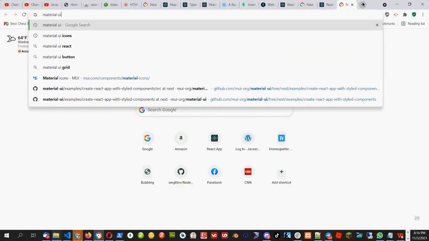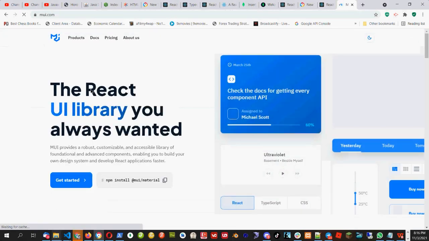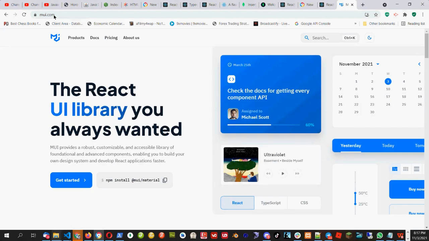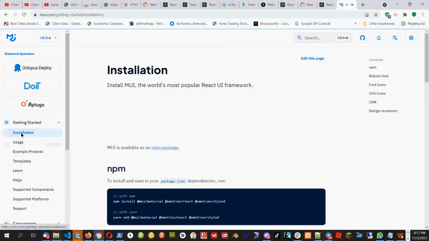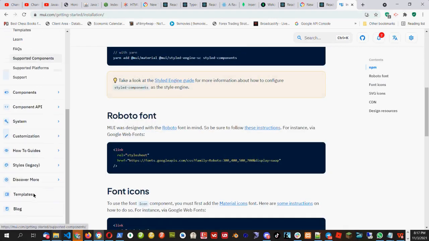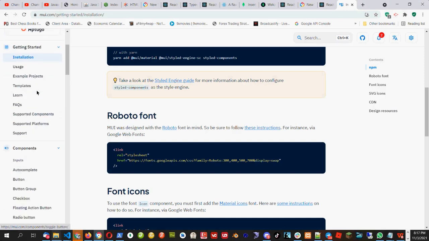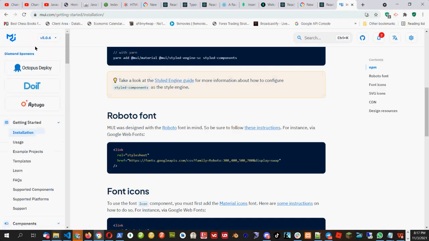let's do some research on what we are going to do today. So one of the things is we will be using the material UI in our new project. So I will show you how to do the material UI. So this is the website mui.com. I will click get started and here is the installation. So first I will install MUI, that is the material UI, and then I will see a few components if they are working fine. And if they are working fine, that means our task is done. We successfully deployed material UI in our application. So that is what we are going to do now,